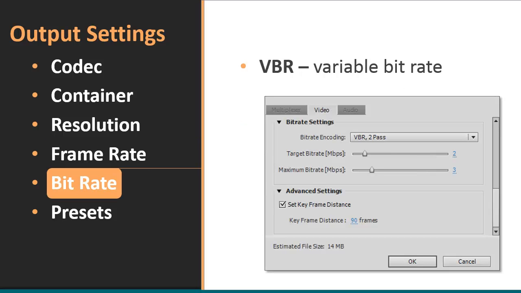Let's talk about bitrate. This too is a more advanced topic. Bitrate refers to the amount of data that's being transported from the actual file source to the computer to display the information. And not surprisingly, the higher the data rate, the higher the bit rate, the higher the quality. You might notice on here a couple things.